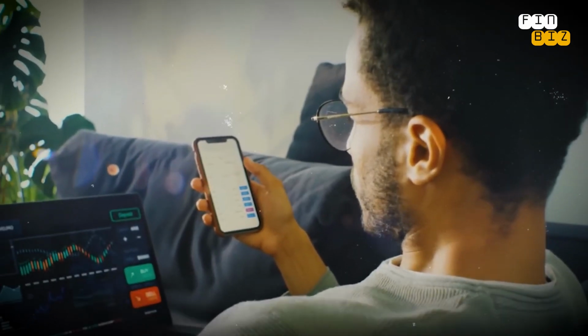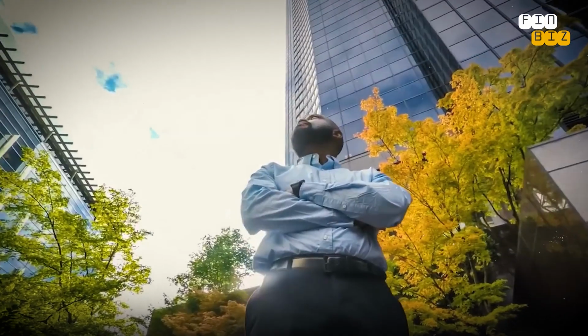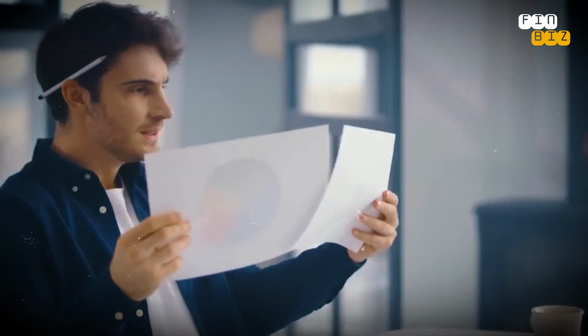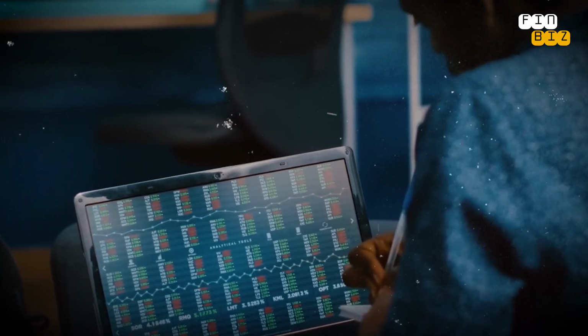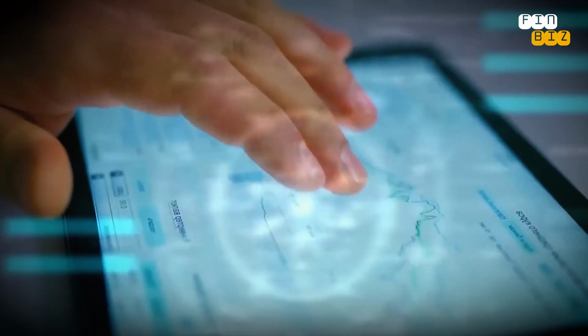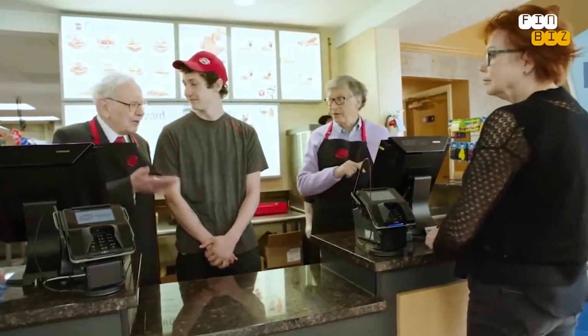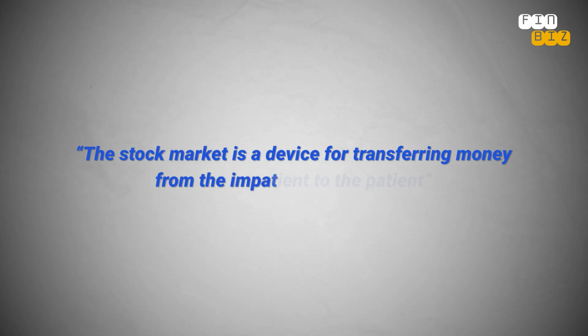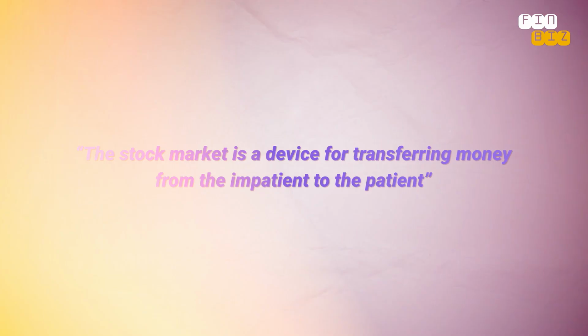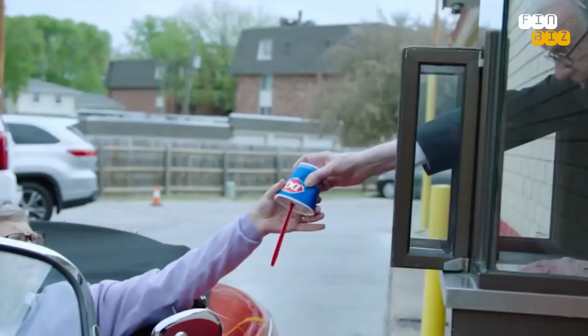The beauty of Buffett's strategy lies in its simplicity. It's not complicated or full of risky moves. You don't need to have access to the best secrets of the financial world. Instead, it's about choosing businesses that you believe in, ones that have strong fundamentals and the potential for long-term growth. It's about staying patient, especially when markets go through turbulent times, and trusting that time and compounding will do the heavy lifting for you. As Buffett has said, "The stock market is a device for transferring money from the impatient to the patient." This quote underscores the essence of his approach.